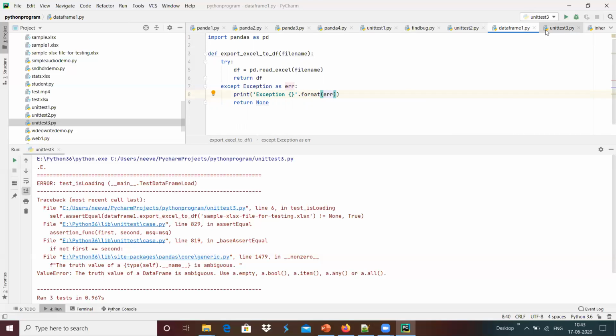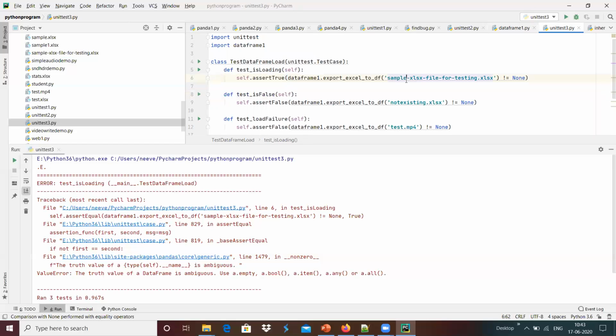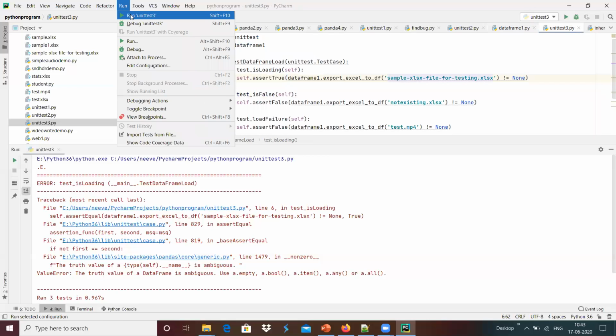And now we are going to run this unit test 3.py over here, and we will see.